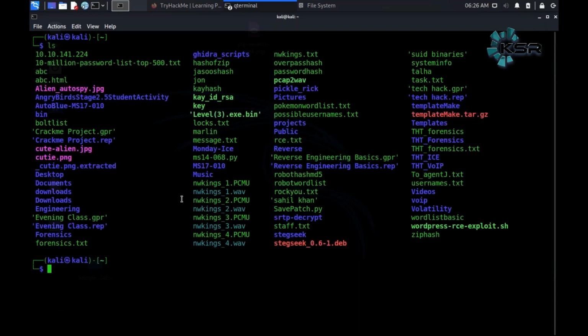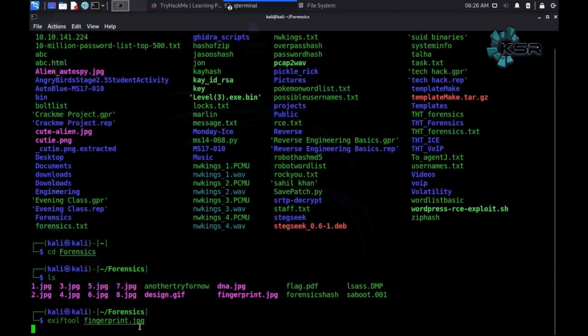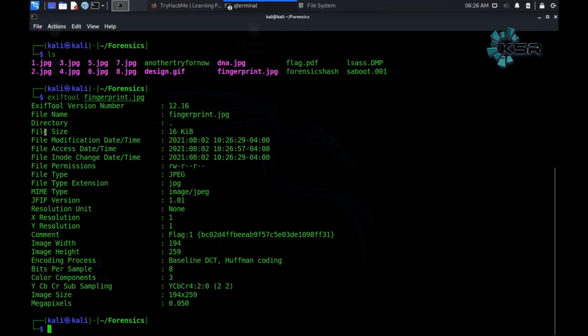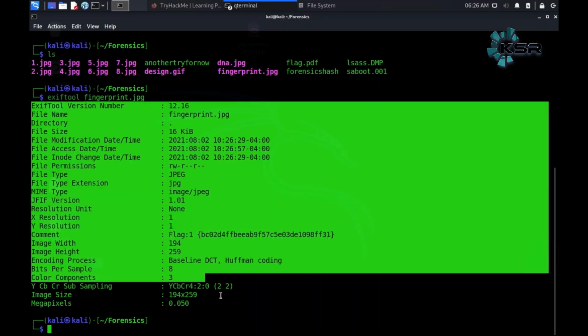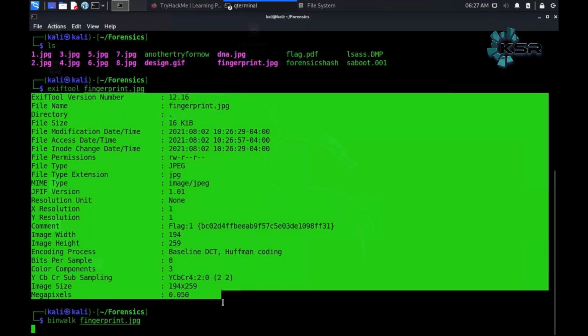Let me go to a folder called forensics, where I keep different types of images. I'll go to cd forensics. I have some images here. What I'll do is launch a tool which can help me understand the metadata of an image. I can look at sensitive details in the image metadata with this tool, or I can use a tool called binwalk, binary walk, used for analysis of such images or PDFs. I can use this as well.